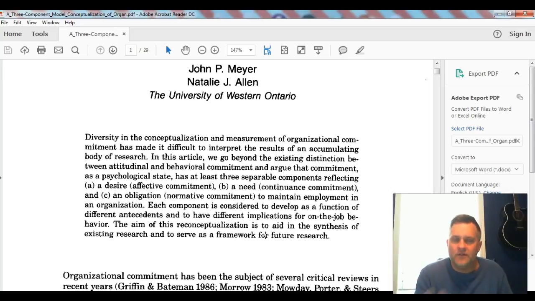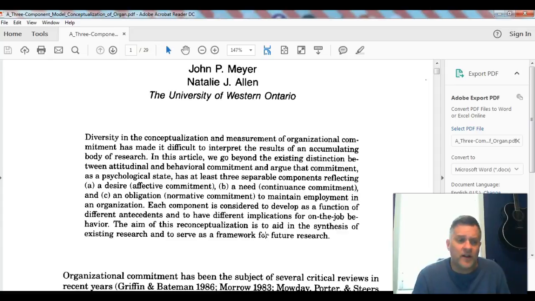tried to more clearly define organizational commitment, because some of the prior research was a little fuzzy. The definition wasn't quite there, and they did that using these 3 components of desire, need, and obligation. And then I would put my own analysis, my own voice, into there, saying this was unique, and this is looking at it a little differently than others, and there's really 3. There's a behavior and a feeling component to this, which really hasn't been done before. That's the way I would answer that question, and I would certainly cite this paper that I was using.